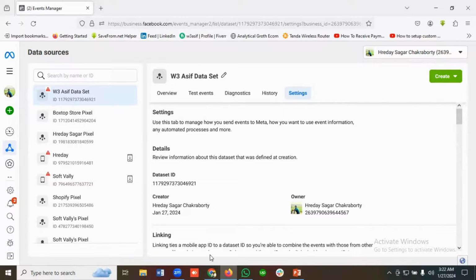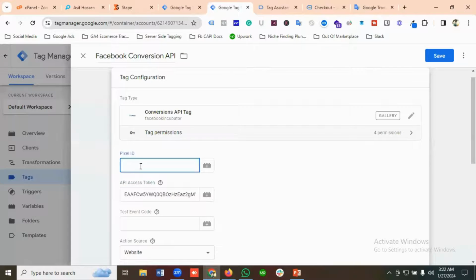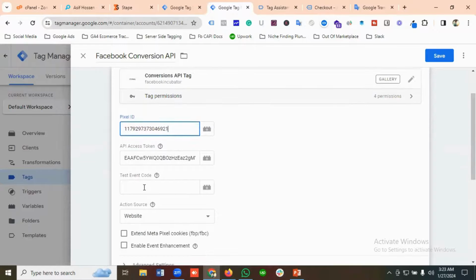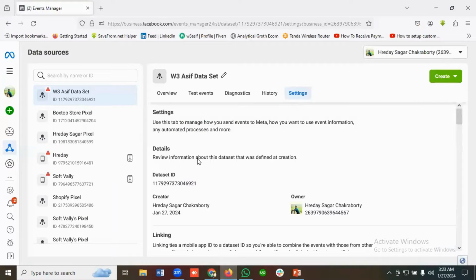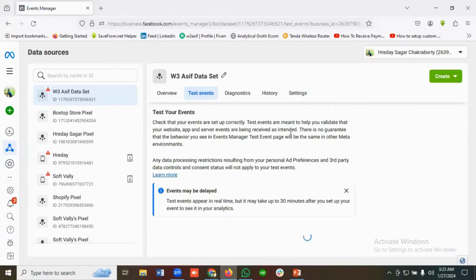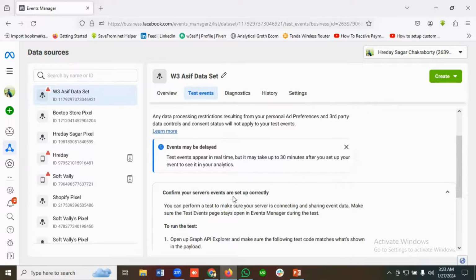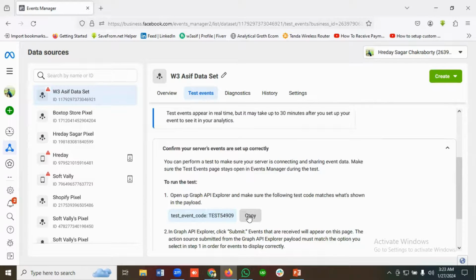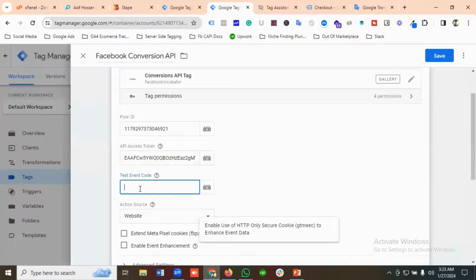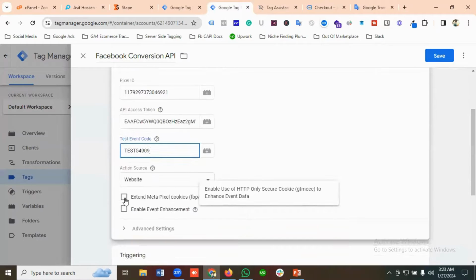So I'm copying it and paste it over here, and we need test event code, and for getting it we'll go to the test event section and if I click on it then we'll get the code. So I'll enable this check mark, okay,